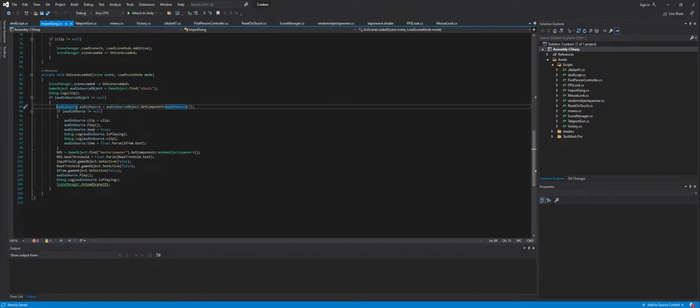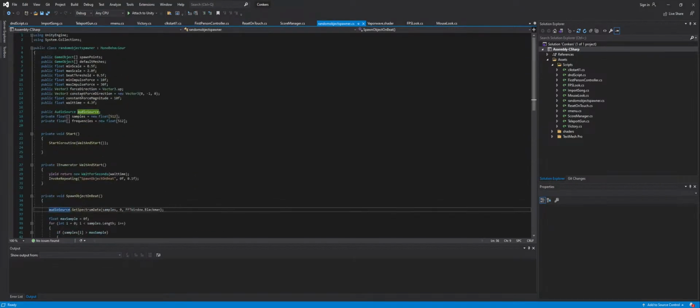So I guess I could do basically what I did here, and then on the start of random object spawner,